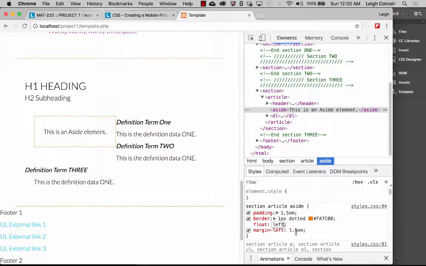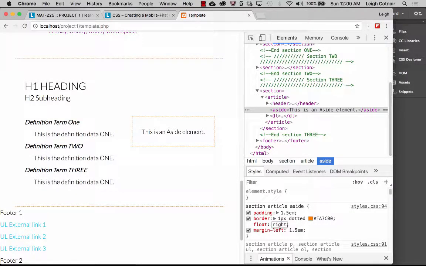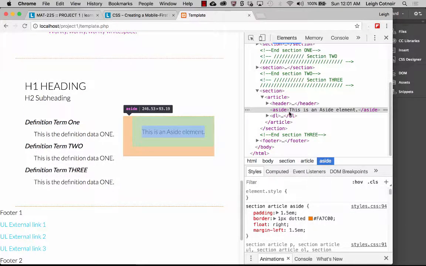You would want to change the margin so that it's right margin. But I think that I like it as a floated, right floated object. And the other thing too is that it's going to change depending on how much content is in it. So if you wanted to tell it exactly how wide to be, you could. So if we were to just test that